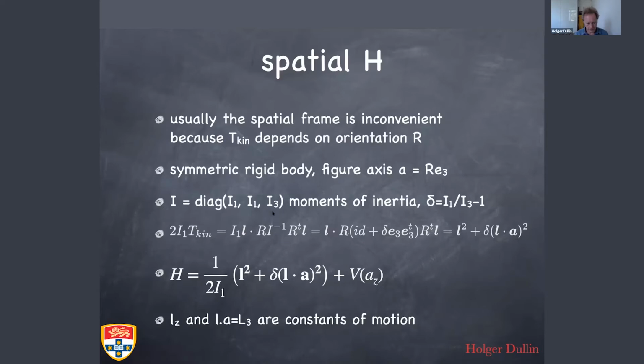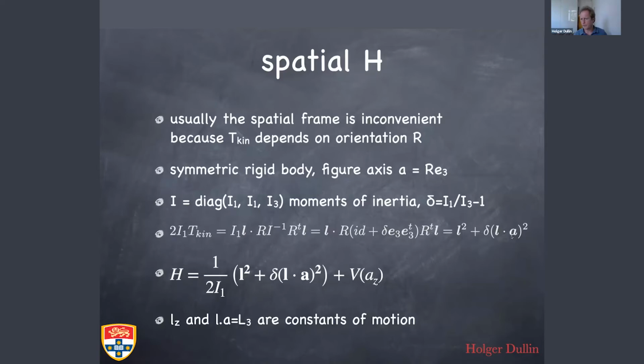And that's bad, or makes things complicated. However, if you have a symmetric body, and notice here multiplied by I1, and here I have I inverse, you see that, well, I almost get the identity matrix here, except in the last component, I will get the ratio of I1 and I3. And so I write this as identity plus that correction term, which only sits in the third column and row. And then you multiply this out and you notice that R times E3 is A, that's